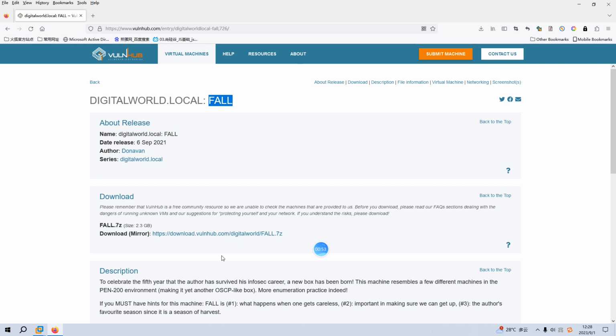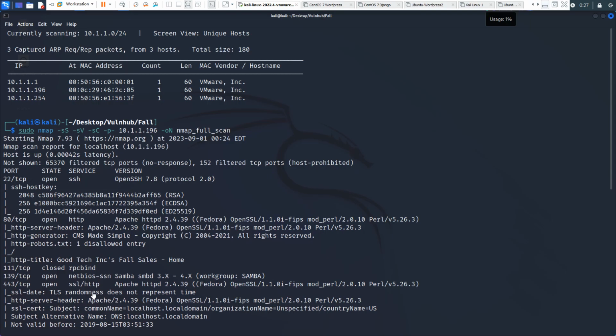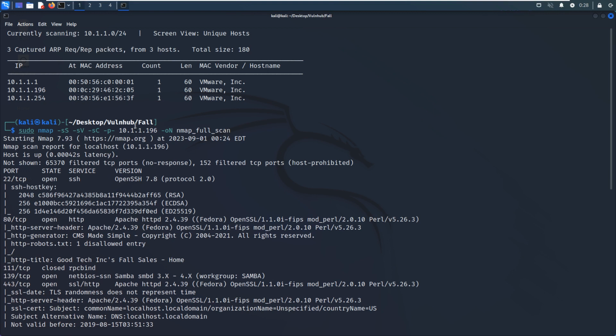To save time, I have already imported the virtual machine into the VMware Workstation. Now we can go inside the Kali Linux virtual machine. As you can see over here, I have already identified the IP address of the target virtual machine as 10.1.1.196. Then I did the nmap scanning with some options like SYN scan, the version scan, the default script scan,